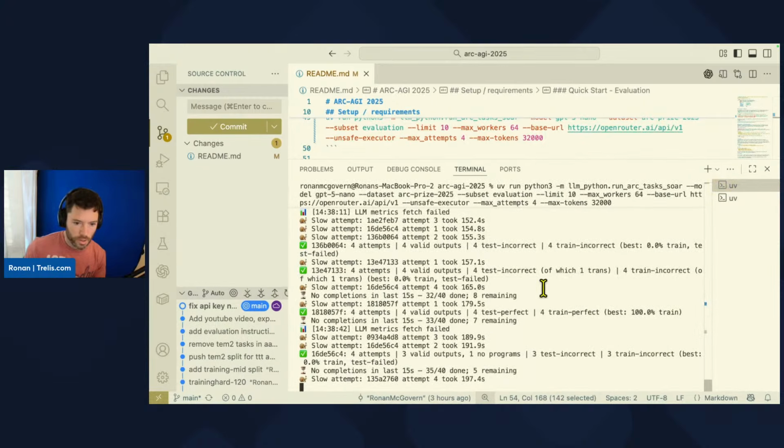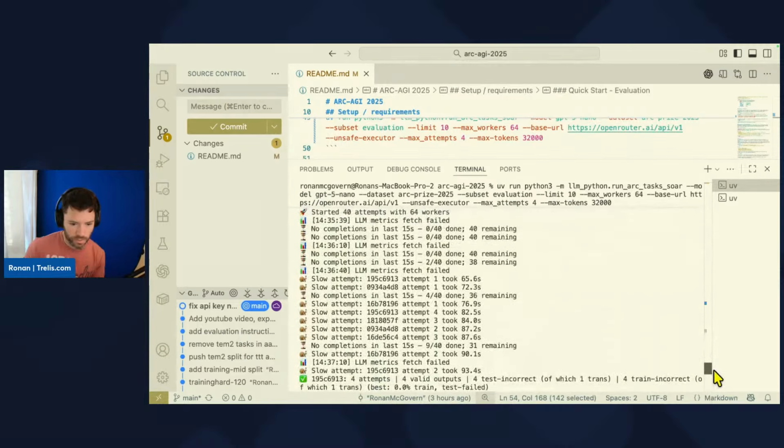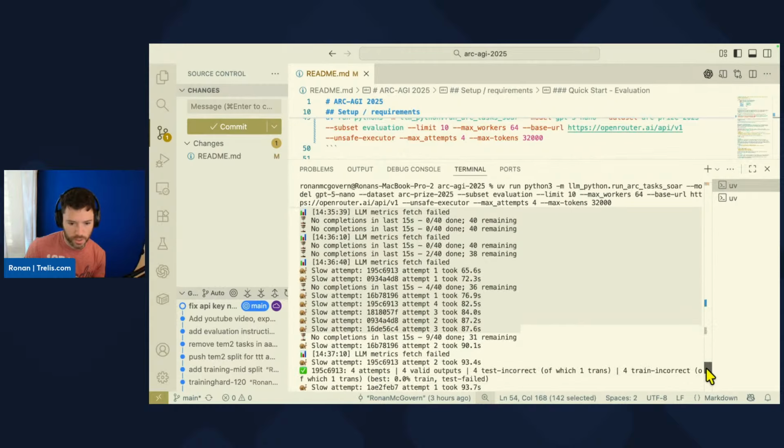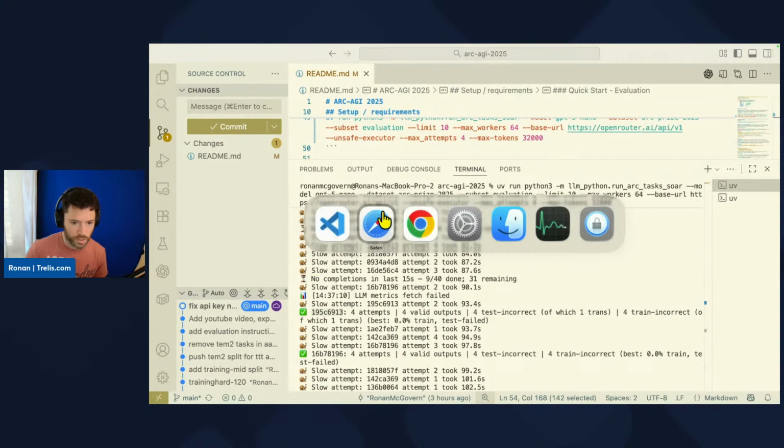All right, so you can see that we've started to make progress here on the GPT-5 Nano model. It's taking a few minutes before we even have any requests that return. Well, some of them are returning here and done. As we have a complete task, which means all of the 4 attempts have returned, it will then print the stats. So this task here, it's always easy if you go to